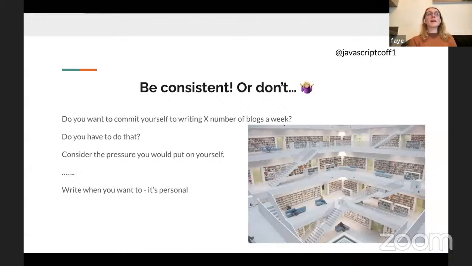Because to me, writing is like art. You wouldn't say to a very good painter, you have to paint every day, or you have to make a sculpture every day. It's when that feeling comes to you. I mean, personally, I think I forgot to put my writing link on here, but I think I write once a month, maybe, if that. I don't think I've written anything this month.